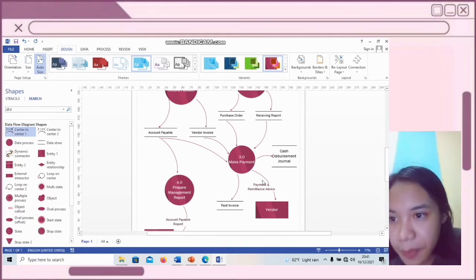After making payment, SNS will generate a paid invoice and the file will be stored permanently. In addition to the paid invoice, in this process SNS will also make a cash disbursement journal, which is also stored permanently.